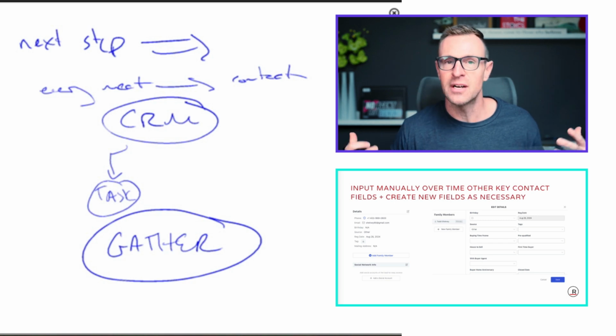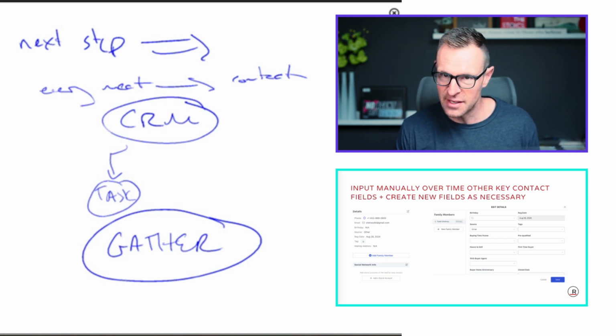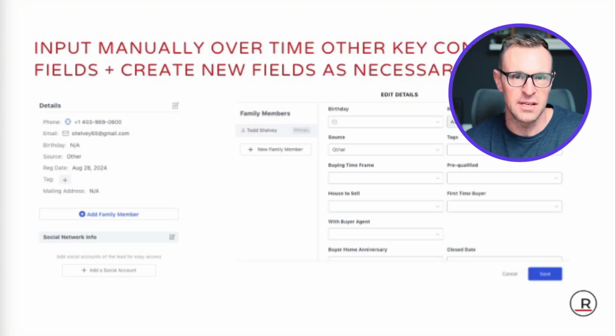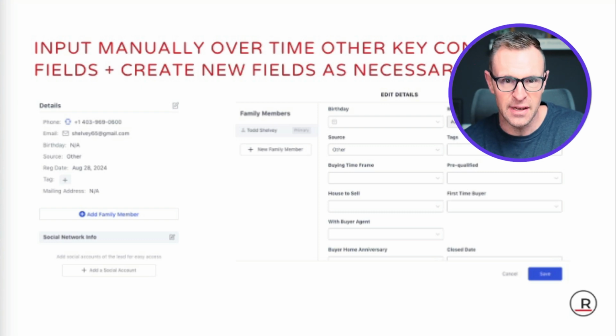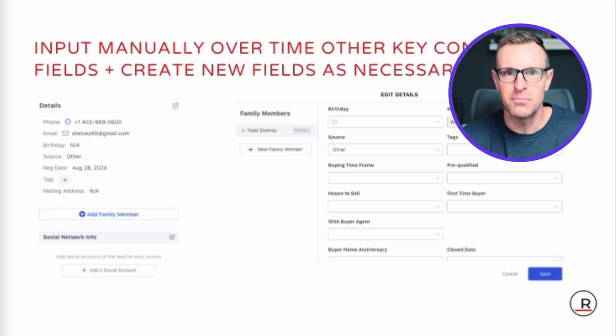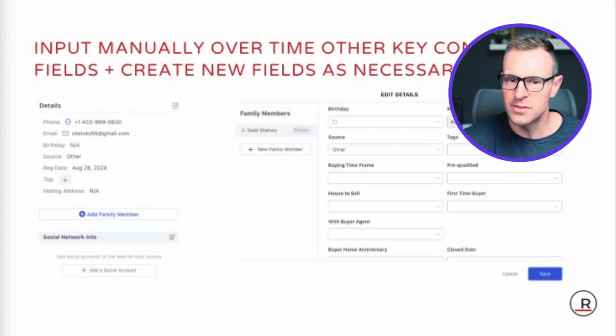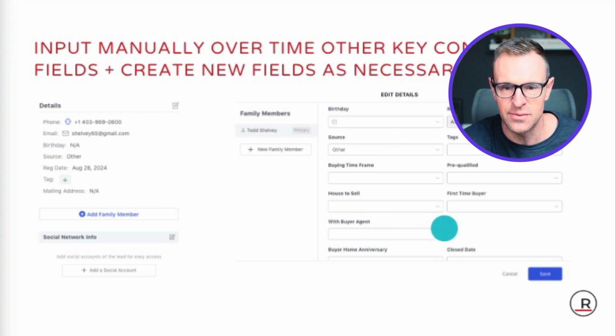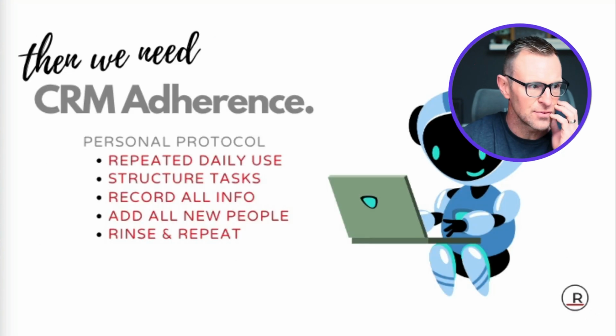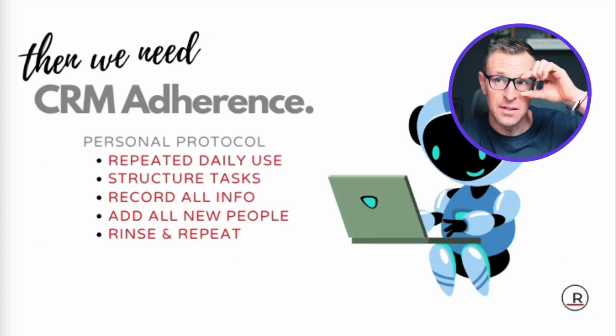When you import, you're not going to get the editability and the custom fields, because most of the import files don't allow for that, which is okay, because when you manually go ahead and create some tasks for the people, you're going to be able to add in things like any custom fields that are specific to your business. And again, I've said this in other videos, friends, but I wanted to give you this concept, and I